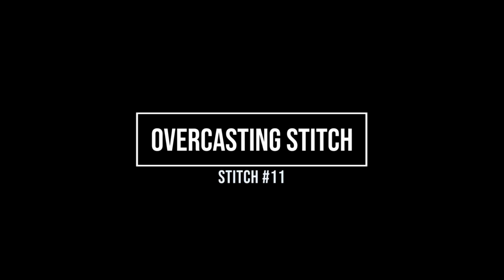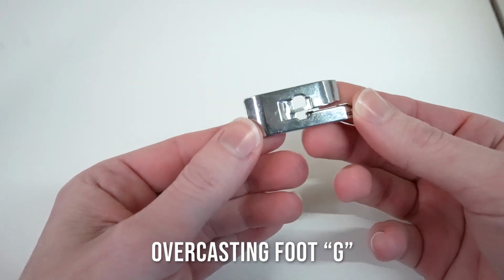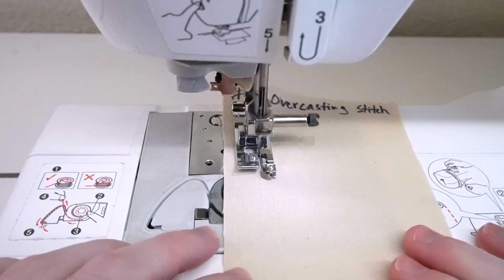Now for our stitches. For stitch number 11, this is the overcasting stitch. This stitch is used for overcasting on thin or medium weight fabrics. And you will be wanting to use foot G, which is the overcasting foot for this stitch. Starting off with the programmed stitch in the machine,